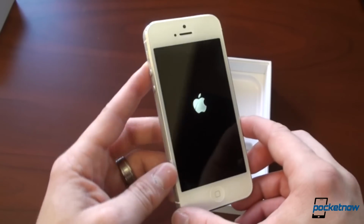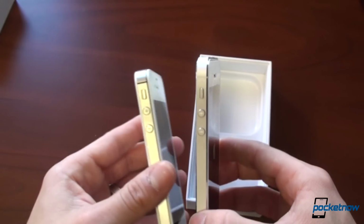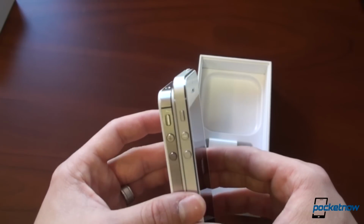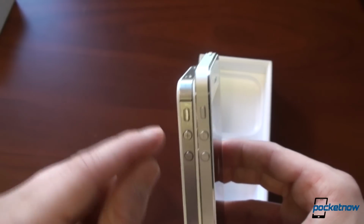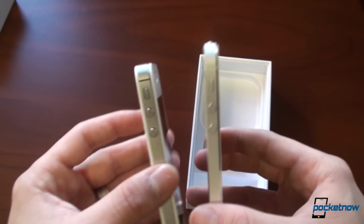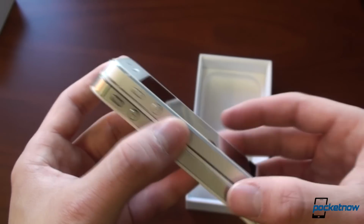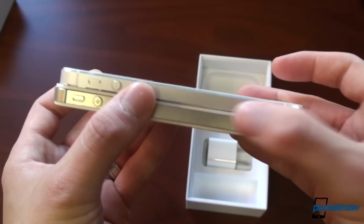So it's turning on. It's going to ask me to activate it for the first time. Let's just compare it next to the iPhone 4S. And what they've done here is they've essentially removed the back panel. The 5 has no back panel, and they've thinned up the front panel. As you can see, it's about half or even a third or a quarter of the thickness of that front